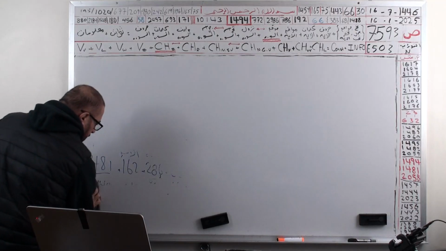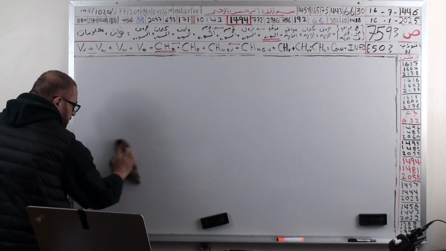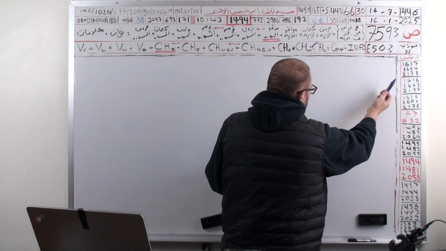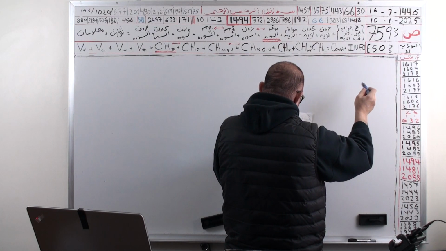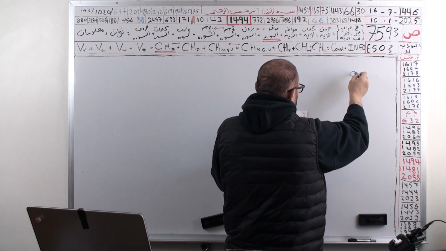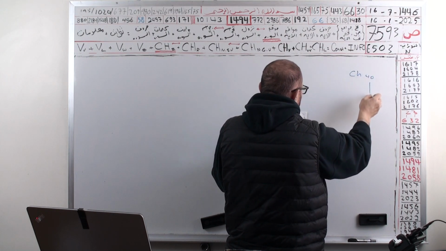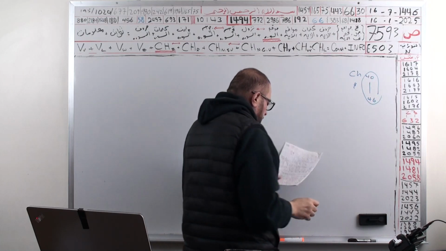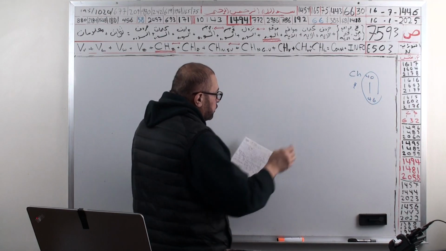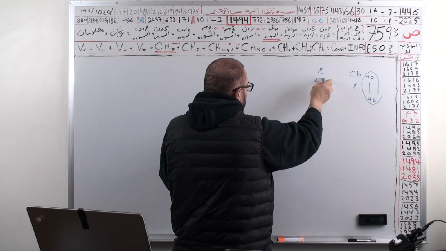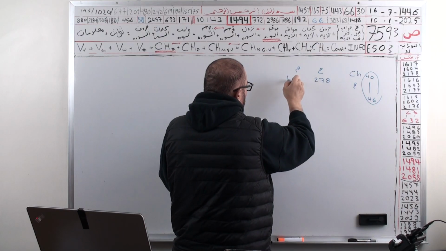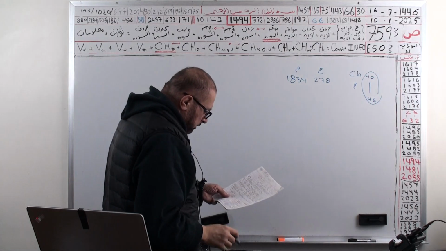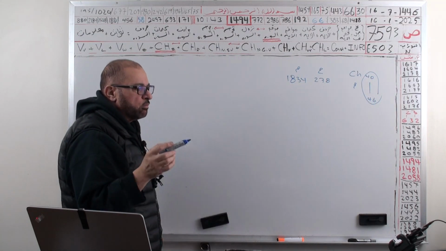Okay, all of them. Some of them start right away, some of them after a few verses. But anyway, let me look at the situation here. In the 7 chapters, chapter 40 through 46, why do these chapters start with Hamim, and one of them Hamim Ain Shin Qaf? Ha is repeated in these 7 chapters 278 times, and Mim is repeated 1834 times. And if you add them up straight forward, you get 2112.